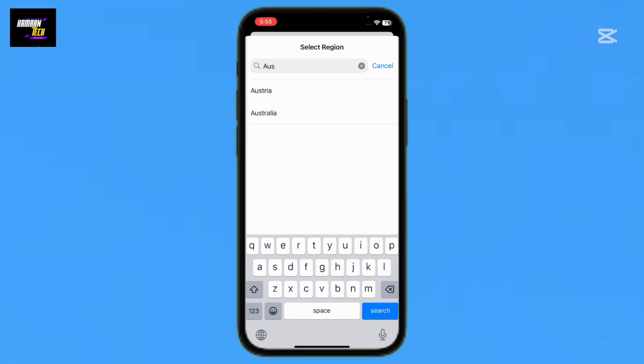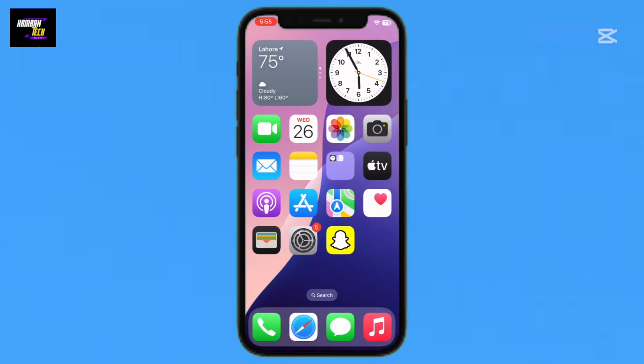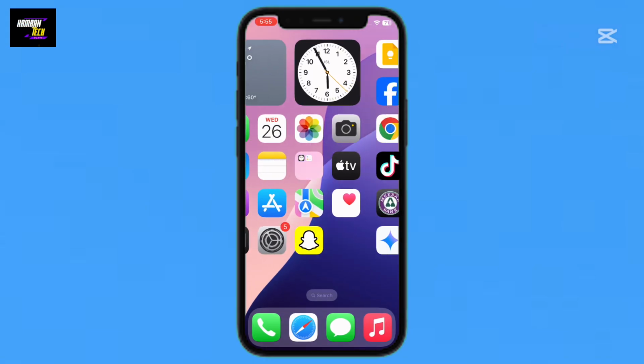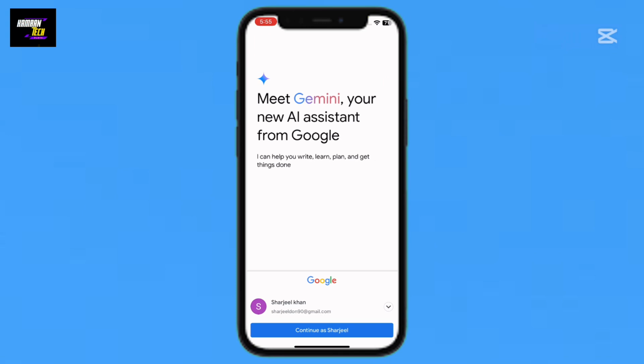But if you tap on Australia, you will be able to set up Google Gemini for Australian users, and you will simply tap on it and log in with your Google account. In this way you will have set up Google Gemini AI for Australian